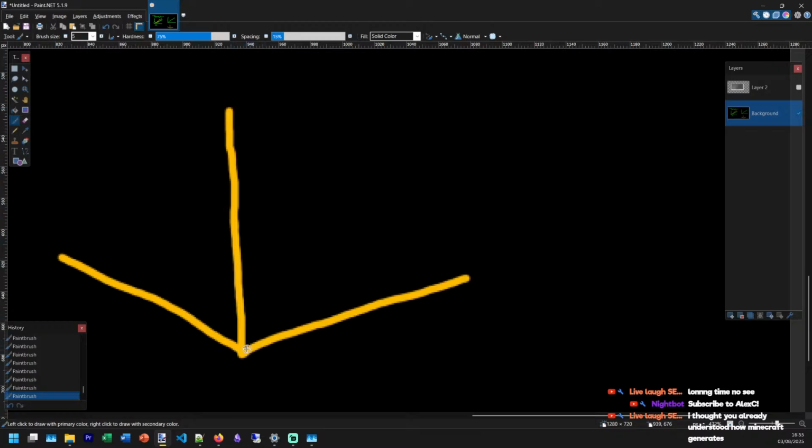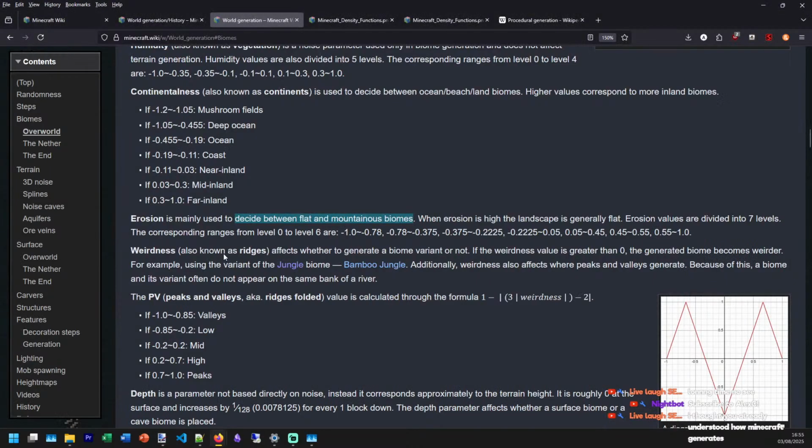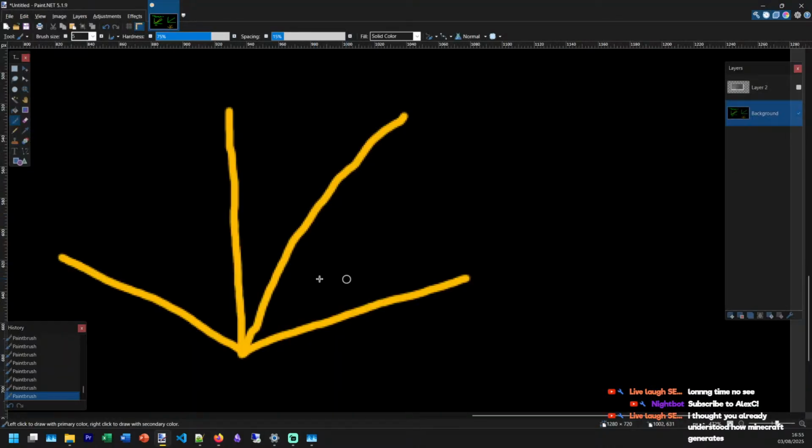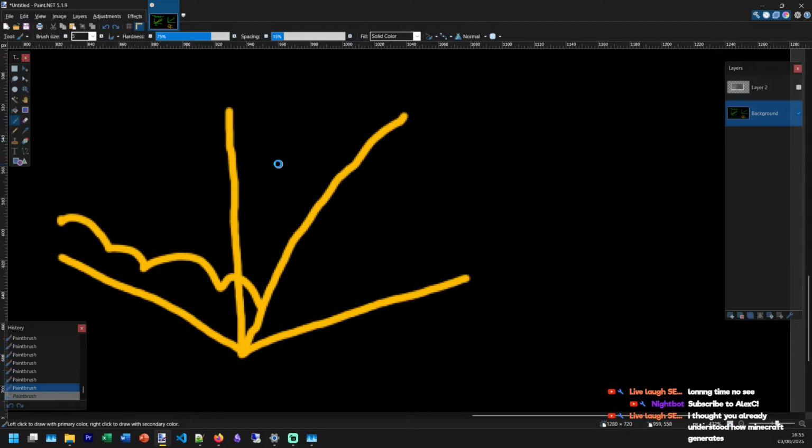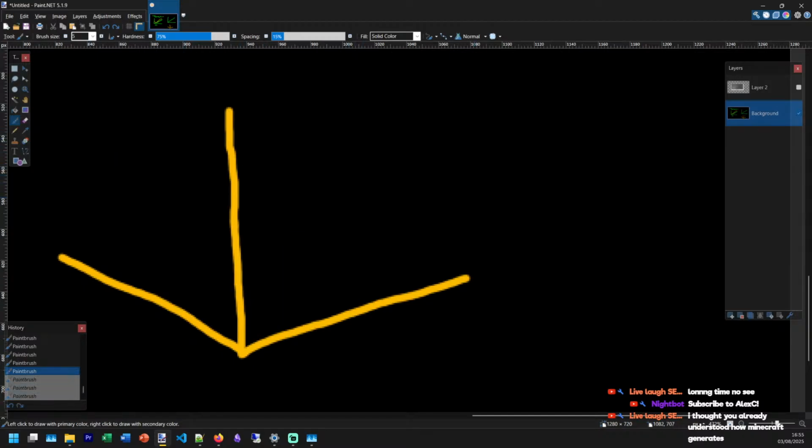So let's just picture continental going straight up like that. Then I assume with our erosion, what's going on is it's just doing some really weird stuff to it at each. That is an awful description. We'll make it a bit more colourful.